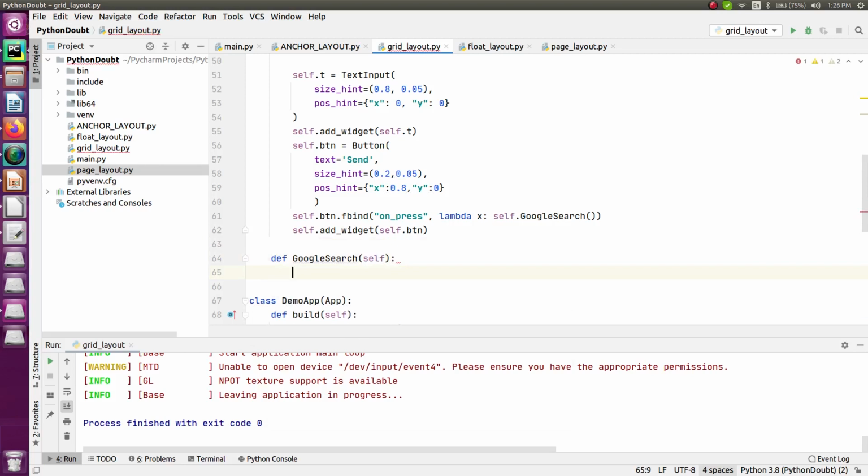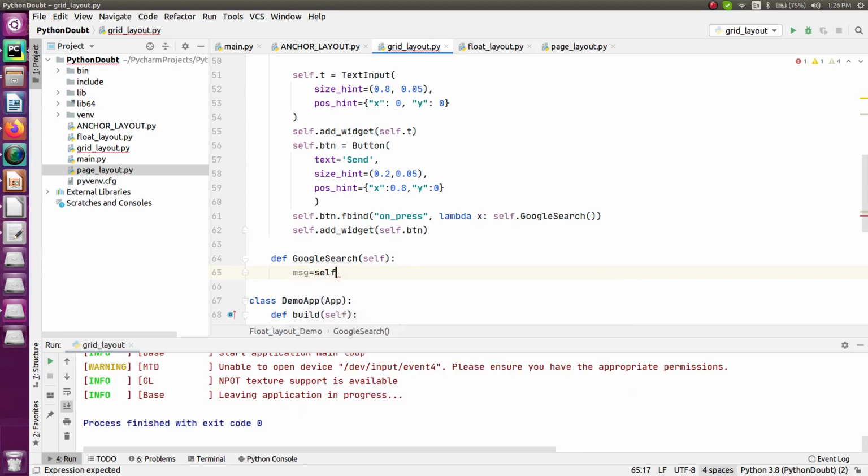And inside this method, the first thing that you have to do is fetch the input that a user has passed, or whatever you are going to enter. Your application should be able to read that, and further that message should be sent for a Google search, right? So this is what exactly you have to do, right? So for that, let's say first I will read the message, and that message is going to be stored inside this simple variable, which is msg.